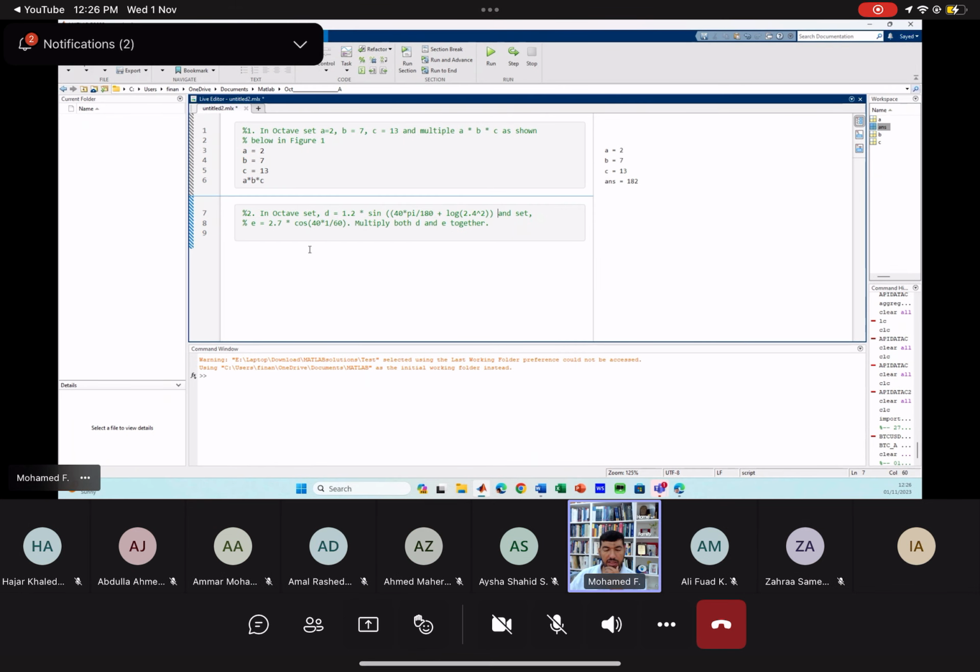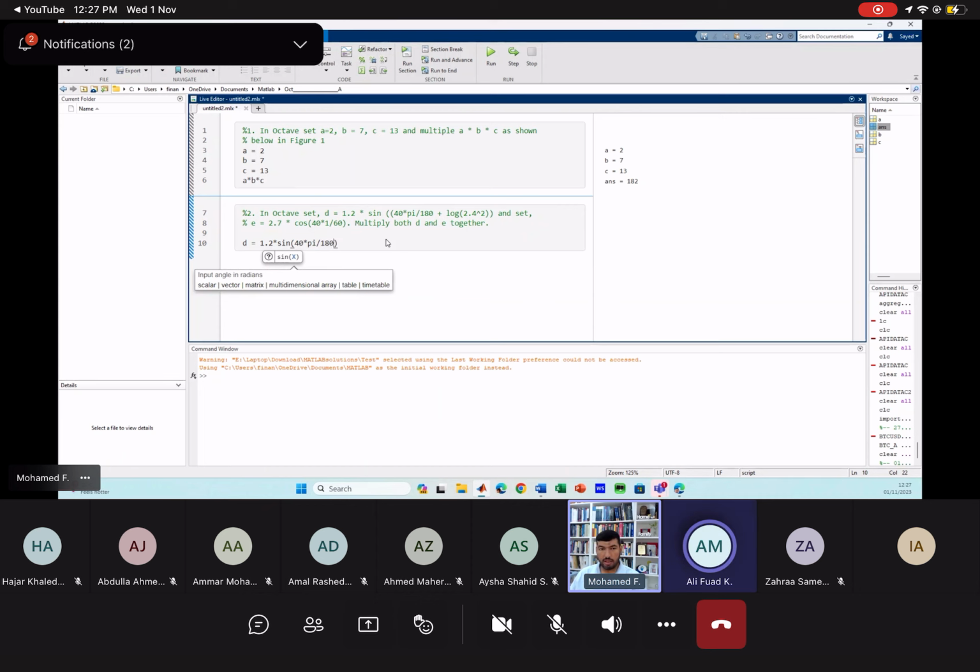Now, there is something here that I always tell my students to do. Whenever you write the equation, try always to think about the number of brackets you open. And as a best practice, whenever you need to open a bracket, so 1.2 multiplied by, and I'm going to open the bracket. Whenever I open it, I close it at the same time. Okay, so 40 multiplied by pi